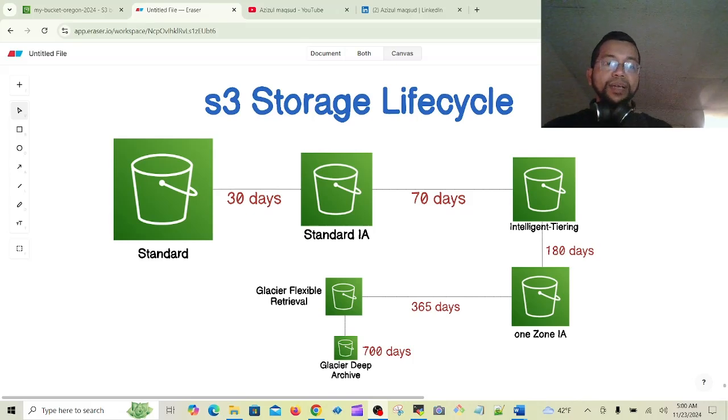Then after almost 2 years, this is 700 days. In the industry we use it like this. After almost 2 years, or 700 days, we are sending some items to Glacier Deep Archive. So Glacier Deep Archive is actually very low cost. But